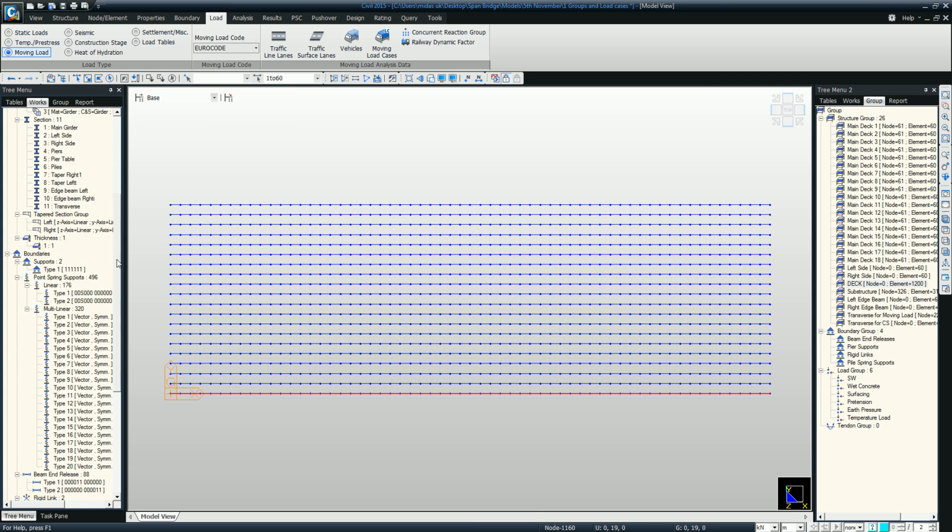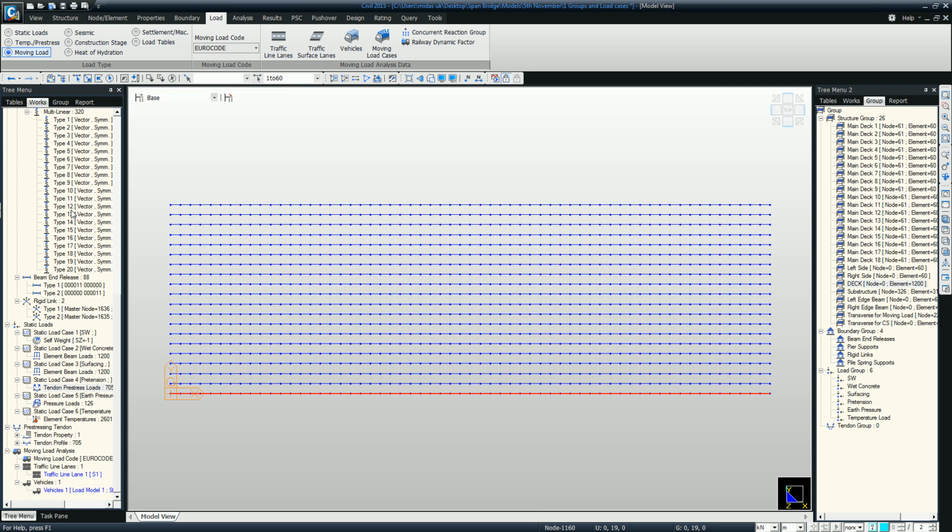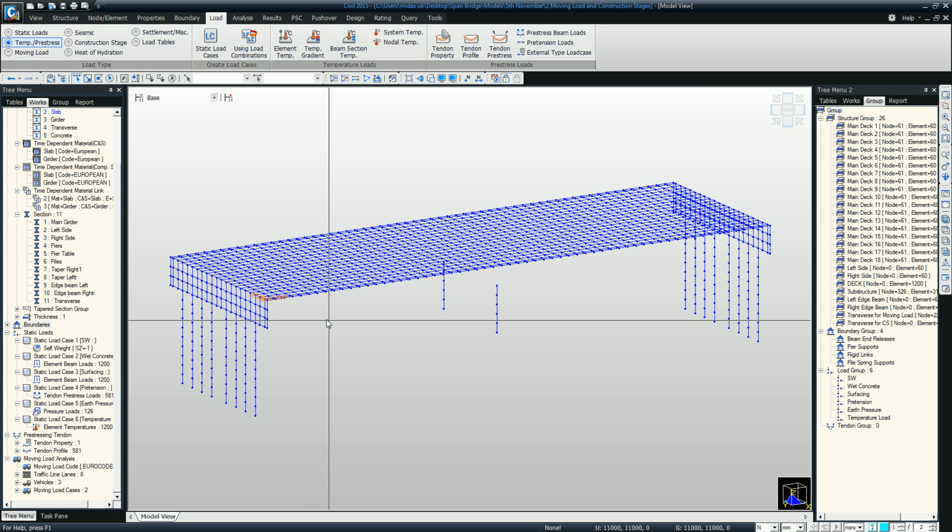Okay, so now when scrolling down in the worktree, you can see that both of the predefined lane and vehicle are still blue. The reason for this is because the moving load cases have not been defined, therefore these are not connected. And this is what I'm going to show you in my next file. So if I open this up,